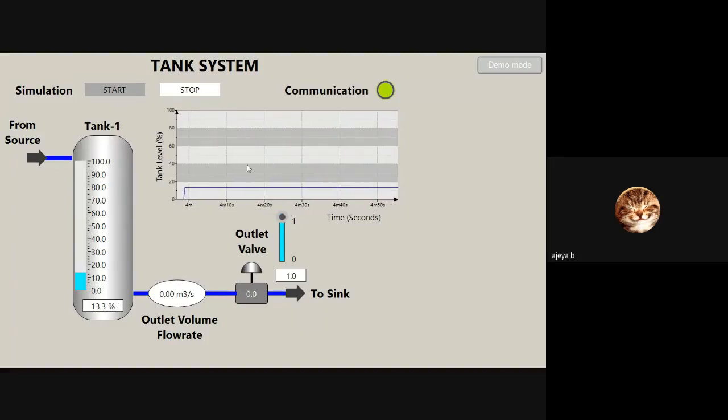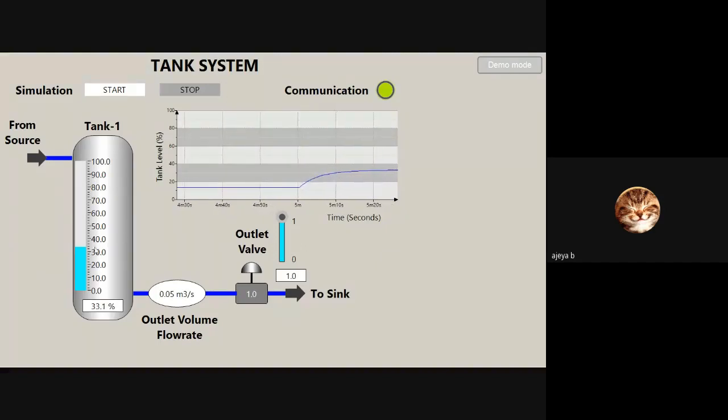From the source, water will come and accumulate, and then 0.005, that is 0.05, sorry, meter cubes per second, flow will go out of the tank. At one point, you can see in the graph, at 33%, it's saturated. Now if I change the valve opening, as I decrease the valve opening, the level increases. I completely close it, and then I increase again, and the level again decreases.